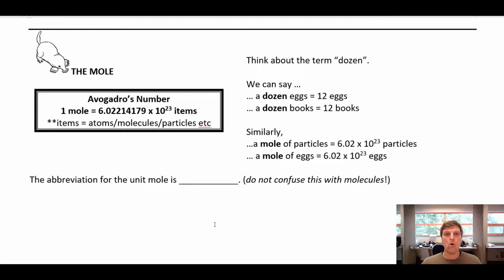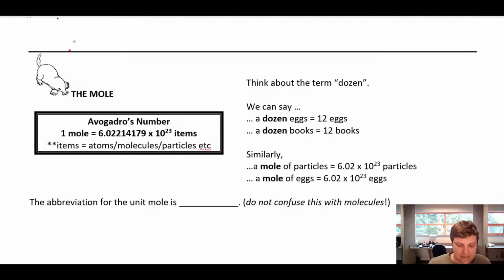And so a mole is just a number of things. So it could be atoms or molecules or really anything at all. Think of it like the word dozen. If I ask you to get me a dozen eggs, you know that I'm asking you to get exactly 12 eggs, not 15 or 72. A dozen is 12. And by the same token, 1 mole of something is going to be Avogadro's number of